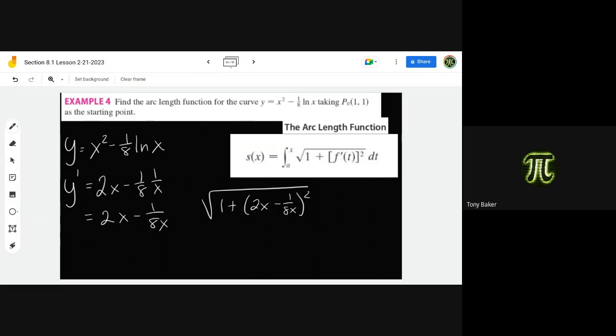So on its face value here, it doesn't look like I can do a u substitution or anything else like that. It also really doesn't look like what I had in my trig substitution with 1 plus just a square. I have this crazy function inside that square. So let's see if we can simplify this down a little bit. What's something you'd like to try for this one? Yeah, let's FOIL it out. See what I got. So if I FOILed this out,